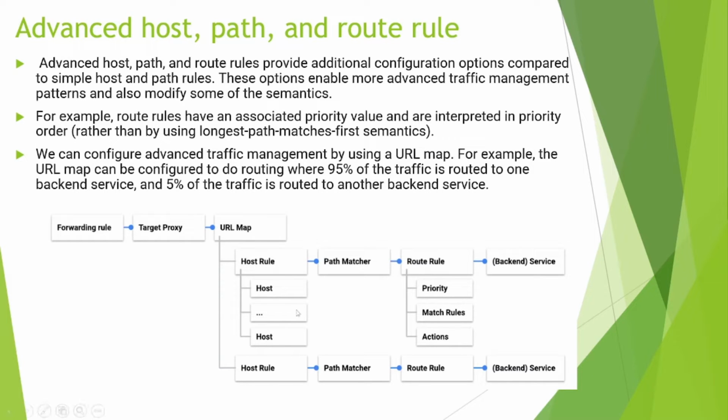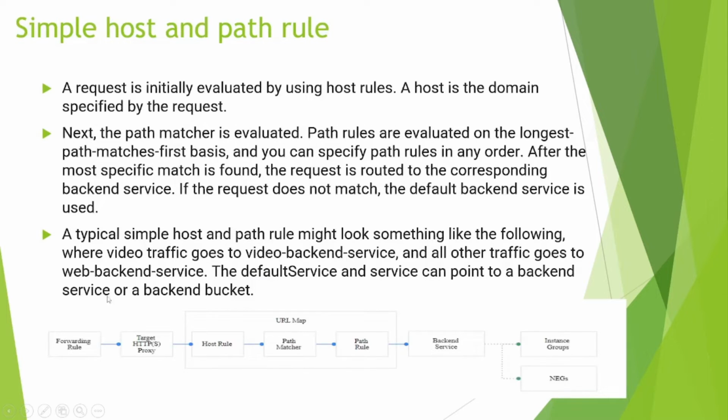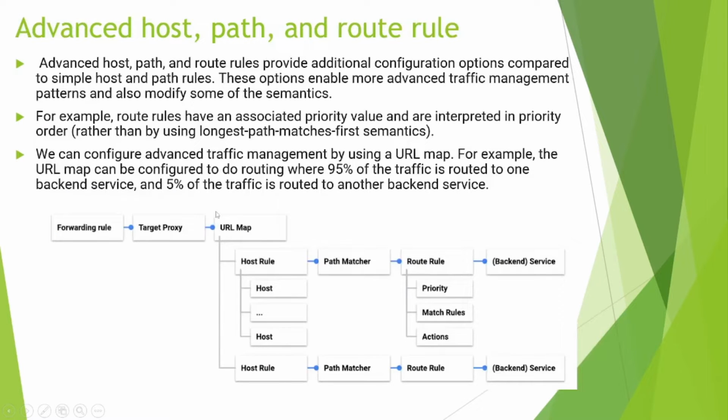You can do that also in this, but the difference is that traffic will hit the forwarding rule, it will forward the traffic to the target proxy, then the URL map. So it is the same process we are using here also: forwarding rule, proxy, and then URL map. The thing that has changed is that after the host rule we have the path matcher, like the prefix which you are using.